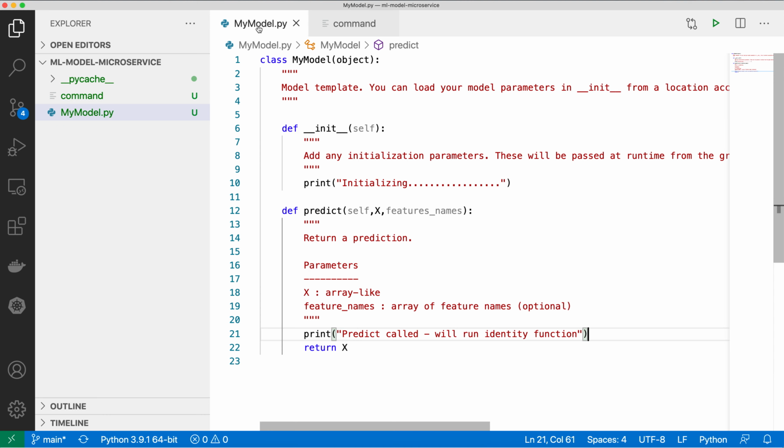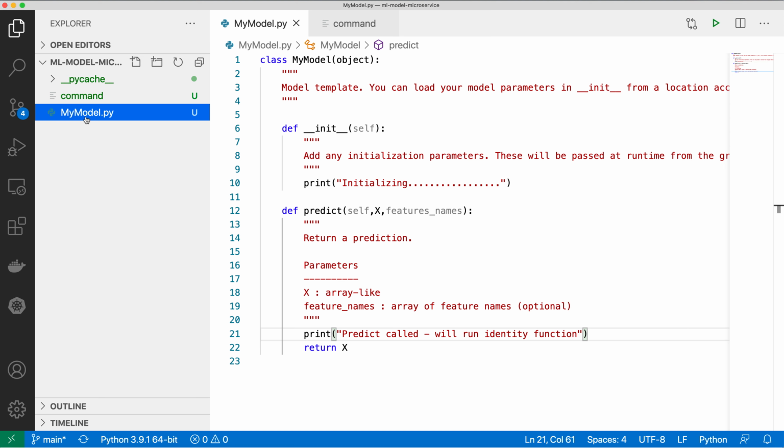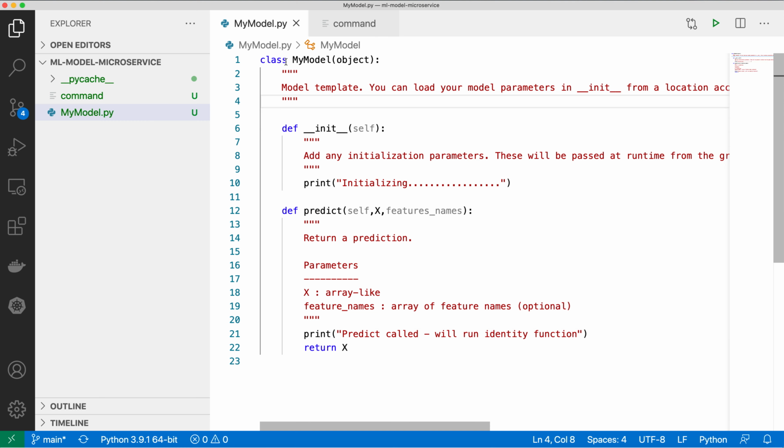Once you have installed Seldon Core, you can define your model prediction service, and there is a particular format which Seldon Core expects. So you need to create a file, let's say mymodel.py. The name could be anything which you want to give. Whatever file name I have given, I have to use the same name for the class definition. I have to create one class with the same name, MyModel.